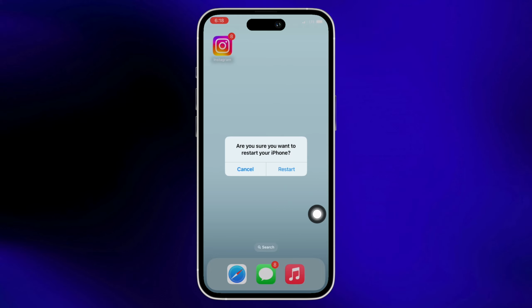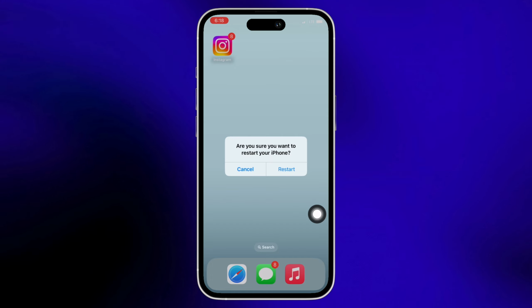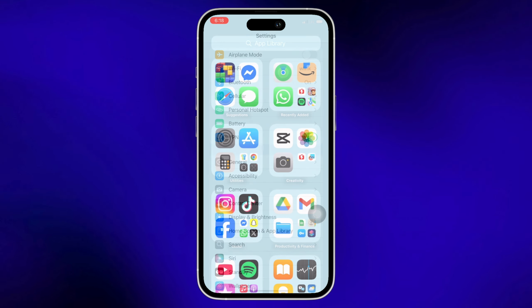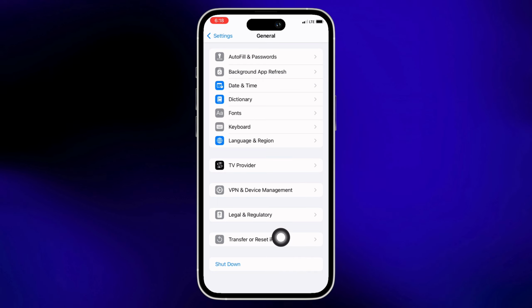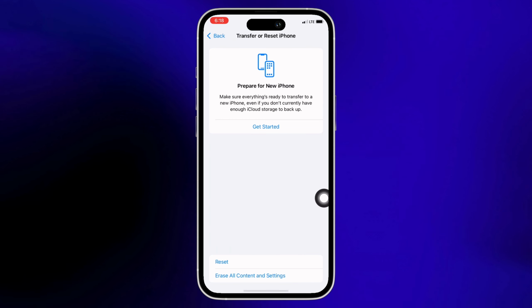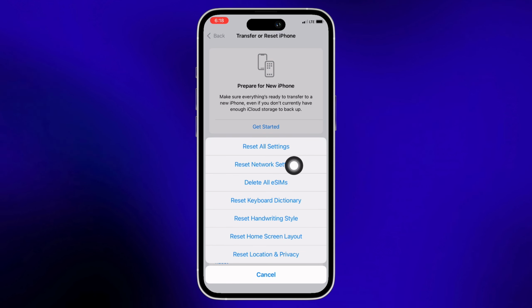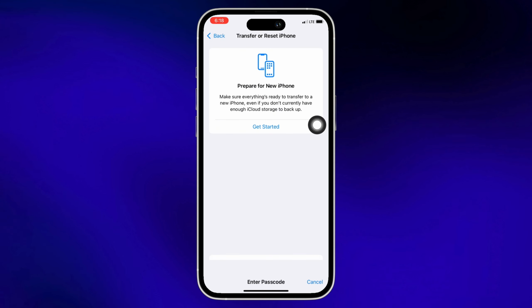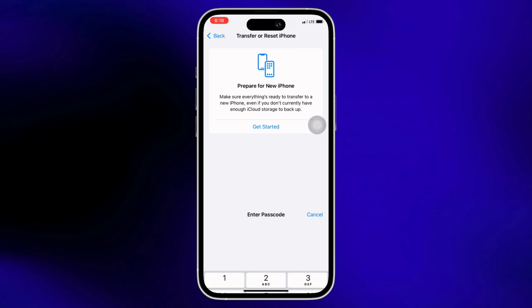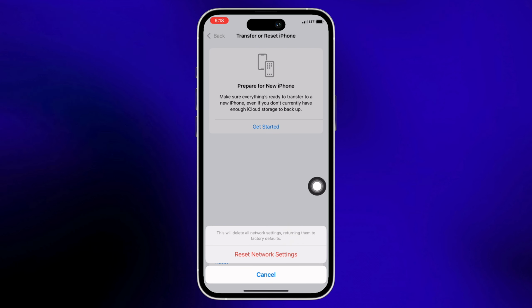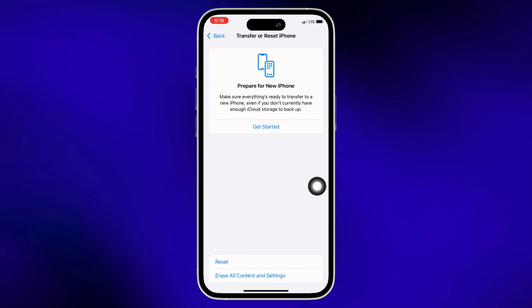See if that helps, and if not, then launch the Settings application on your device and tap on General and then on Transfer or Reset iPhone. Next, tap on Reset and then tap on Reset Network Settings and enter your passcode and reset network settings on both the devices and see if it helps, and if not, then make sure both the iPhones are updated to